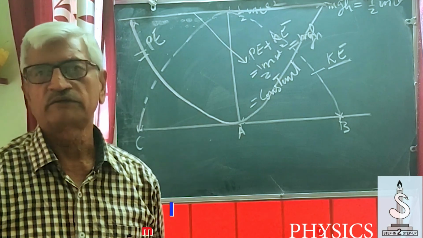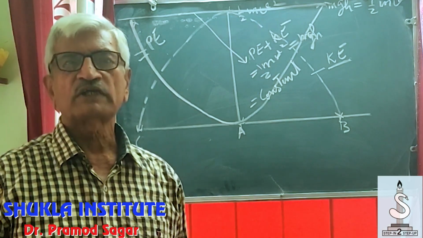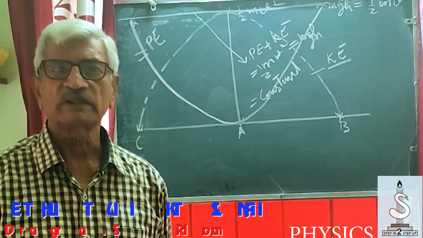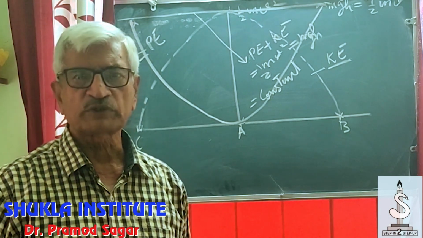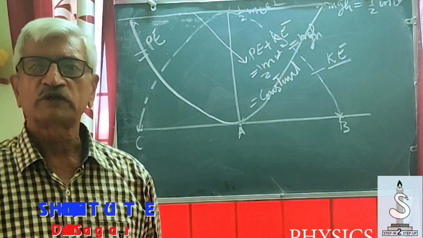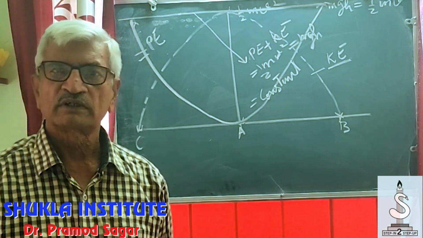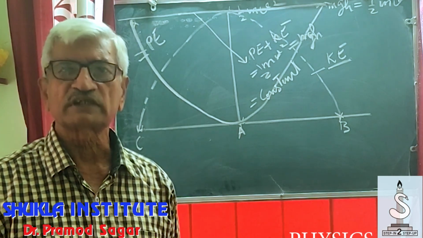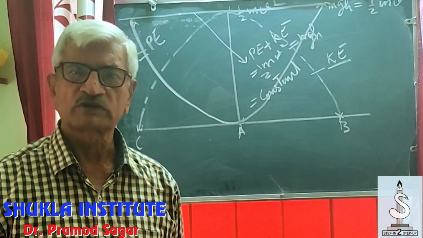So today what we find is that the velocity equation v square is equal to omega square times a square minus y square is a relationship as to how the velocity varies during the motion with the displacement, and second, how the energies change during the process of motion, where the kinetic energy gets converted into potential and the potential energy gets converted into kinetic. However, the total energy remains constant.